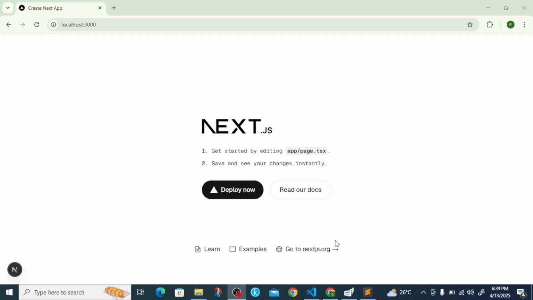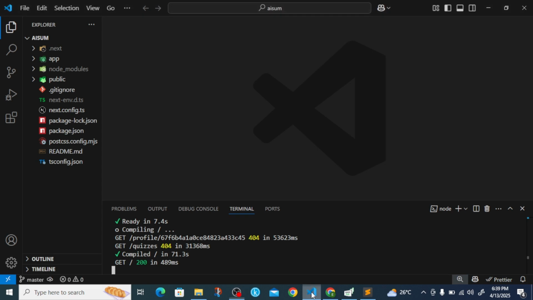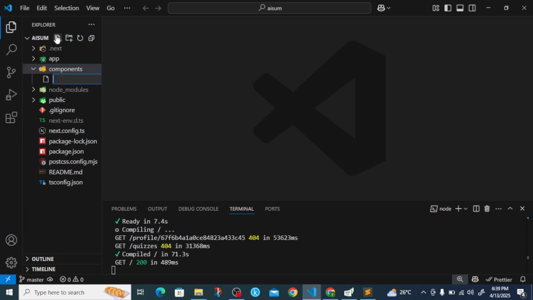So the next thing we have to do is to start creating our application or our website, and then we can create the navigation bar first. To do that, we are going to put it in a separate folder. We are going to name it components. So you can come here where you have a new folder, this icon here, you click on it to create a new folder, and you can call this components. Now inside this components folder, you create a new file,